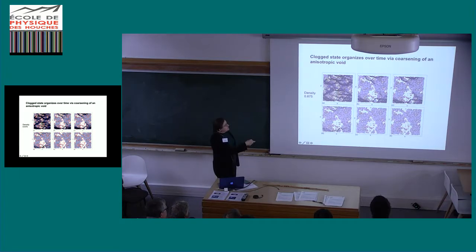So we're still able to get some flow on the edges of the system, but over time there are rare events where the disks come to one of these bottlenecks at just the wrong arrangement, and they block up this bottleneck, and then they're no longer able to flow. So what the system has done is, even though we're at a density of 0.675, if you look at the locations of the grains, we have some areas where the density is at the jamming density, and other areas where it's empty. Because as I said, these empty regions don't cost any energy, so the system is fine with that.